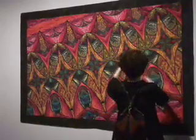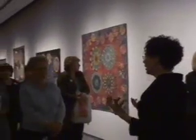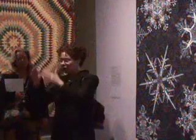Like 8 inches wide and about 30 or 40 inches long. And that was also made for the Manhattan Quilters Guild traveling exhibition, which was called Times Squared, which means nothing. And this quilt was called It's About Time because it was about time I did something different. But I look at really